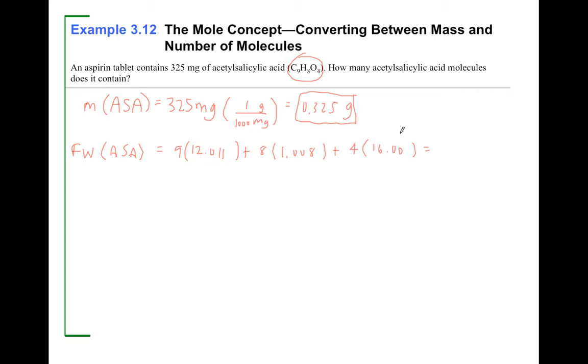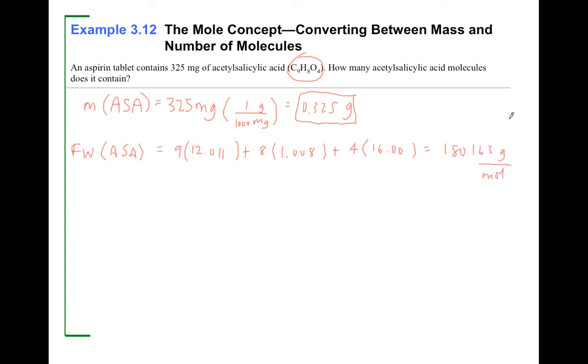And so I'm going to pull my calculator out and calculate this. It looks like it's 9 times 12.011 plus what? 8 times 1.008 plus 4 times oxygen. And this comes out to be, is that right? Is that possible? 180? That's very close to the same as glucose. I'm going to calculate that again. We had this 180 just a minute ago, so I'm going to calculate it again. But it looks like it's 180.163